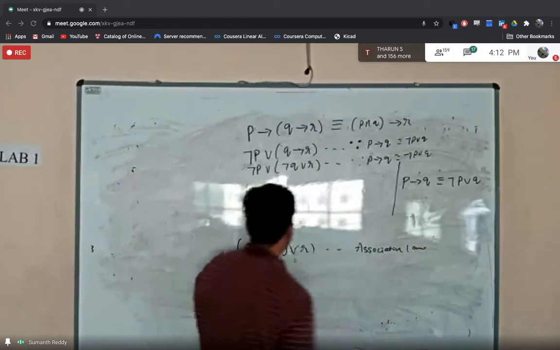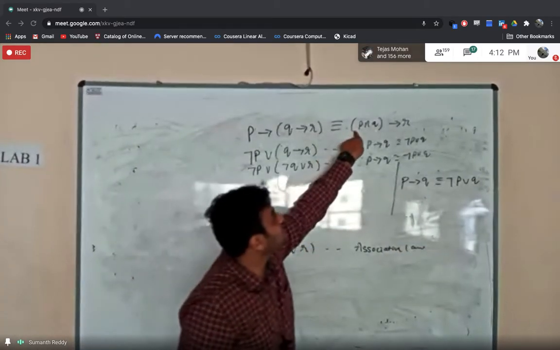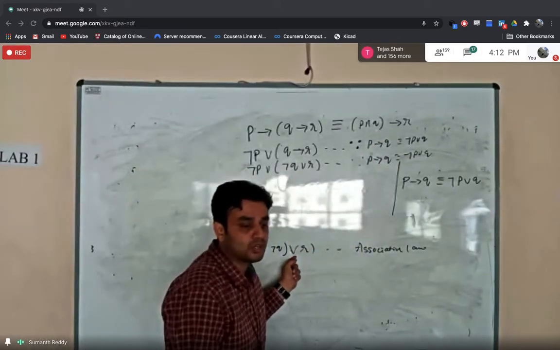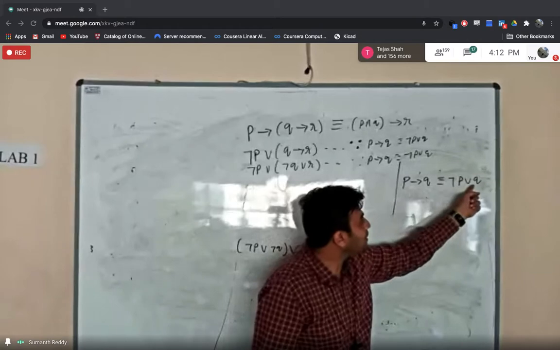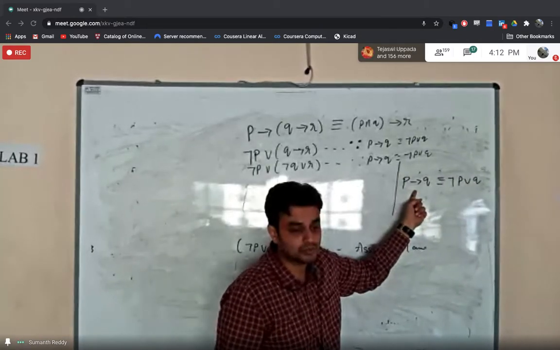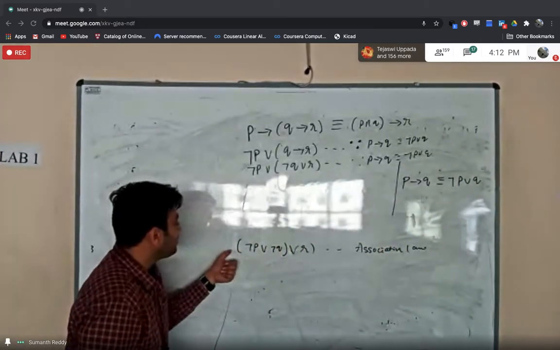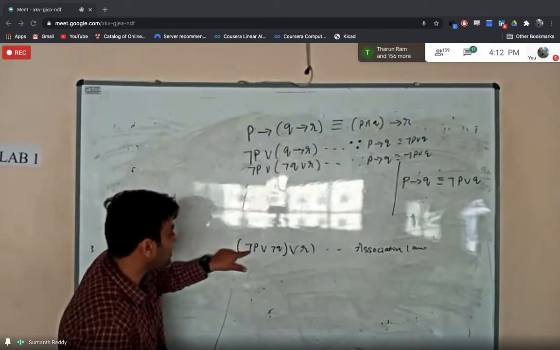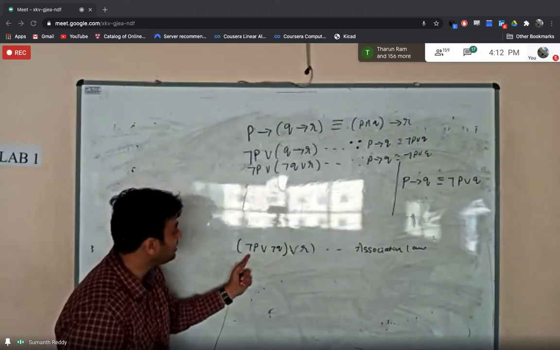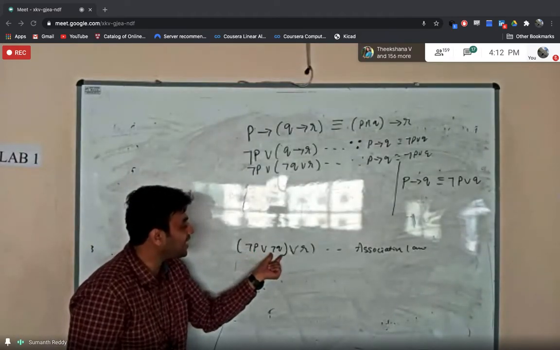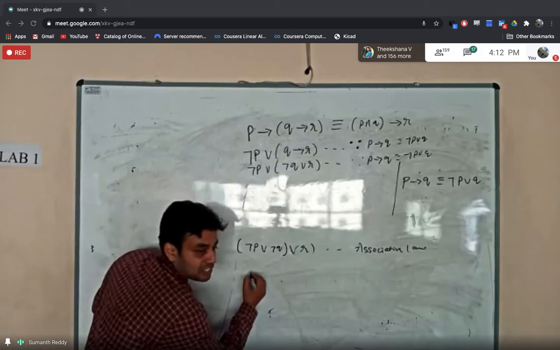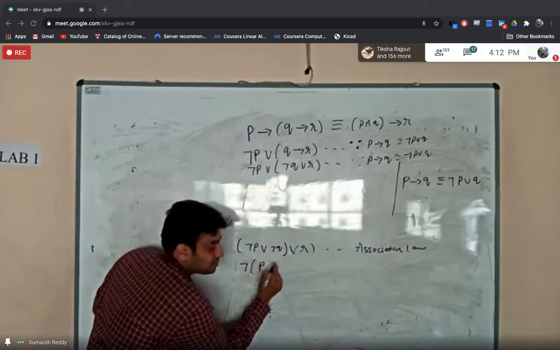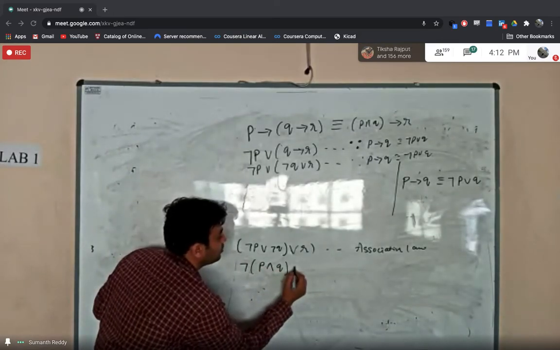Fine. After this, the expected result has a conditional, but what I have here is a disjunction. But we already know the formula: if I have negation of P or Q, this can be written as P implies Q. So here, do I have a negation? Still I don't have a negation. But I can take the negation common here. If you observe, here I have negation of P, and here I have negation. So if you take the negation common, what will happen? This will become P, and the symbol will get changed. So this will become Q or R.